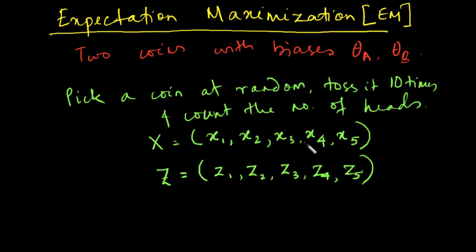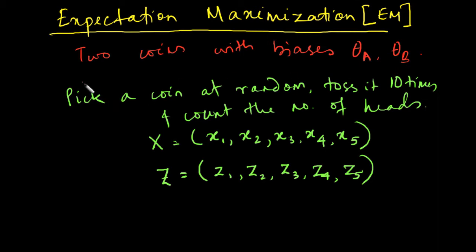It will be 0 when there is no head in that particular set of coin tosses, and it will be 10 when all the tosses turned out to be heads, and something in between. And these Z values represent which coin it was. So Z1 could be A or B, Z2 could be A or B, and so on. So now if this full information was available to you, then estimating theta A and theta B would be fairly